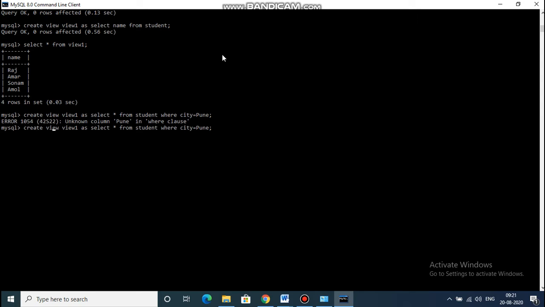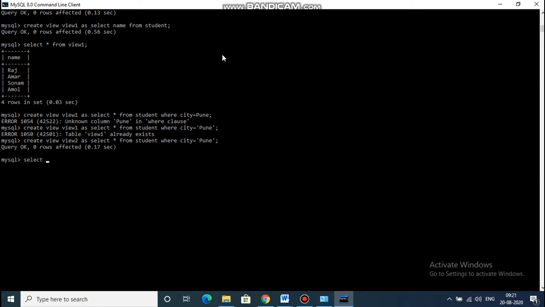The view1 already exists, so I will change the name of the view. View2 I will take here. Okay, so the view is created, and how to see that view?